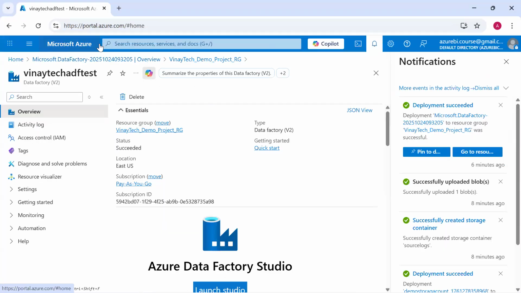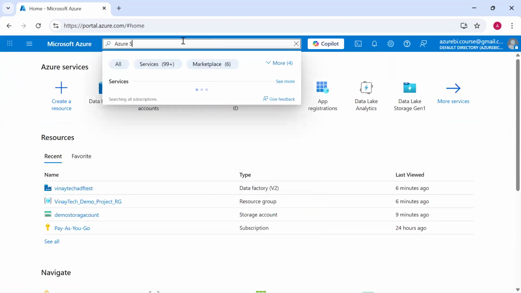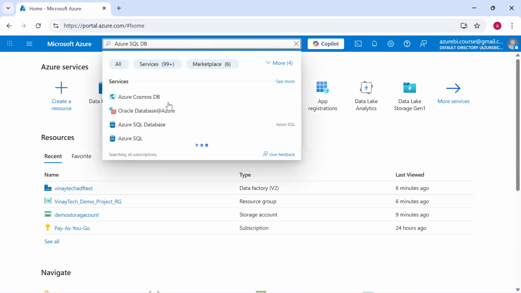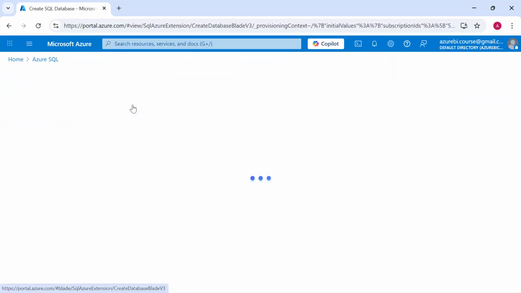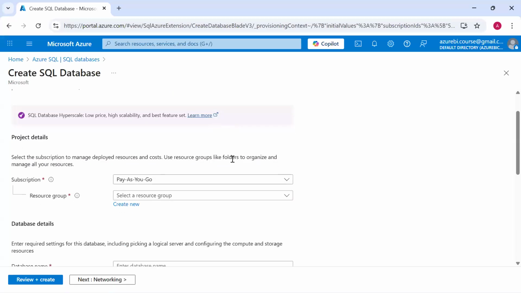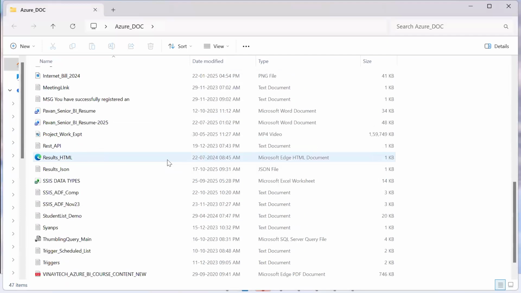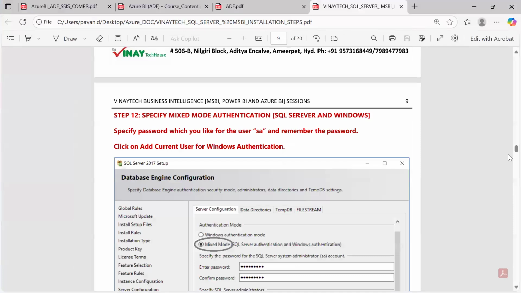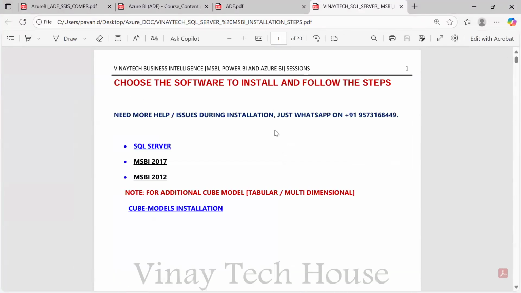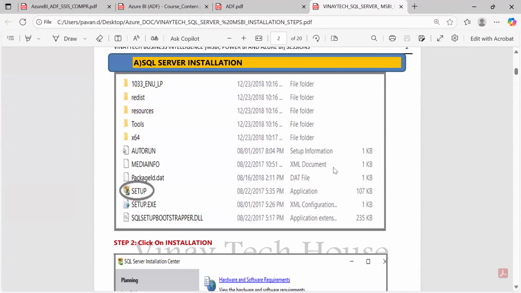So again, I'll go back, home button, and I'm going to search Azure SQL database. To install SQL Server in your local machine is very difficult. People have gone through the SQL Server installation in their local system. Sir, we need to first download. Tell me which download I have to install. These questions you'll ask me, right? But you have to do this one, then only you'll understand the comparison between the on-premises process and the cloud process.